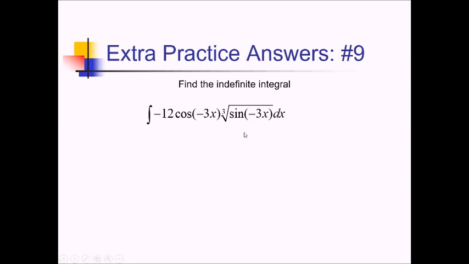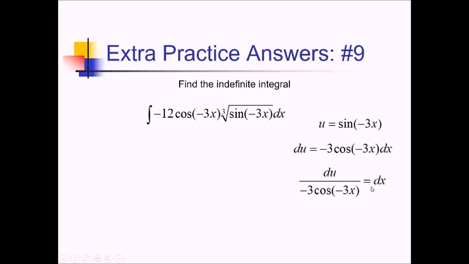For this problem, I can't really simplify this trig function a whole lot, but what I do notice is that I have an inner function, sine of negative 3x, whose derivative, something with a cosine in a negative 3x, is elsewhere in the problem. So let me try substituting on this. Let's let u equal this inner function of sine of negative 3x. And then I can write du, the derivative, equals, let's see here, this is going to be negative 3 cosine of negative 3x dx. And then if I divide here, I've got du over negative 3 cosine of negative 3x